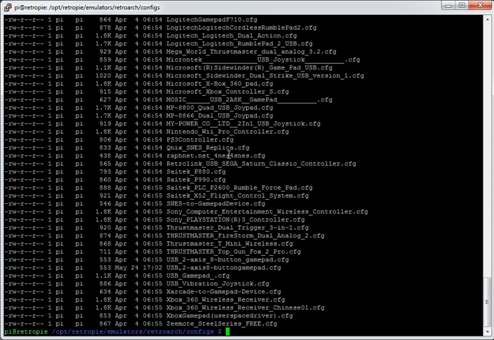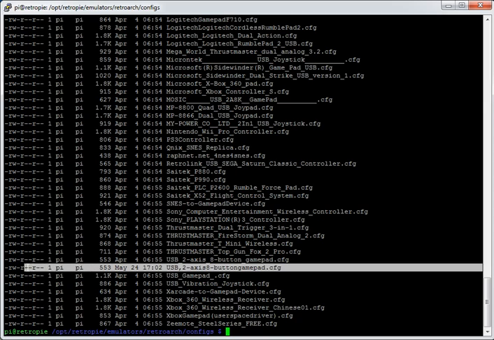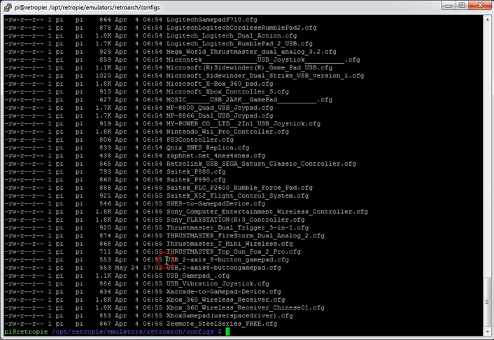Anyway, there's two ways that you can see which is the most recent file that we edited or used. Now at the start, like I say, when we registered a controller, you don't have to do that because chances are your controller's already here. But it's a bit belt and braces if you do, you know that it will be here. And you can see at a glance which one that you've configured, because by default, RetroPie 3 Beta 2 came out on April the 4th, and you can see the timestamp, it's the same on them all. Except we get today, May 24th, you can see a new one's been created, and that's the one that I want to use. And I can see that the one above, it probably existed anyway within the image,